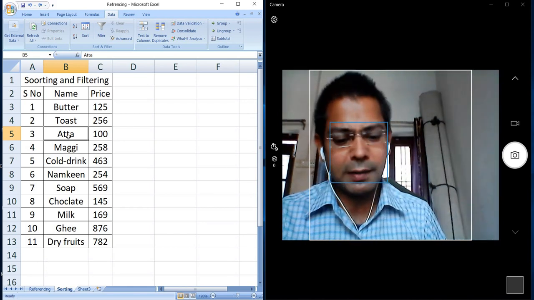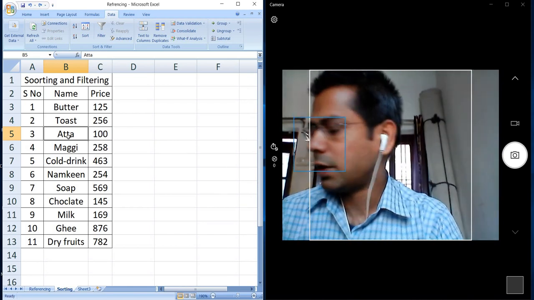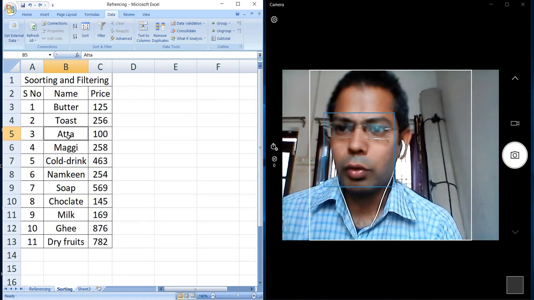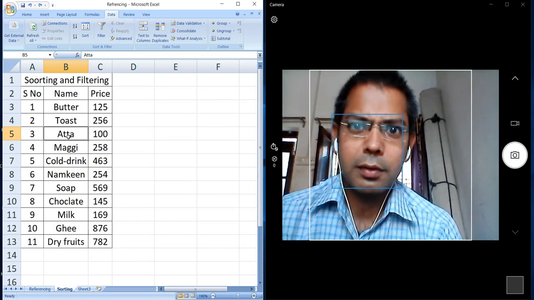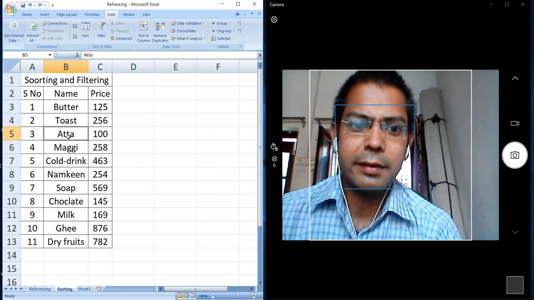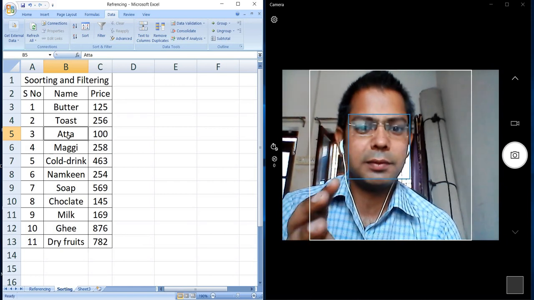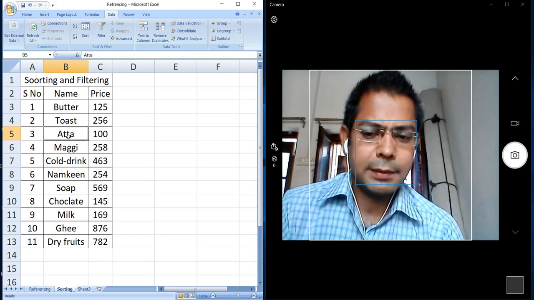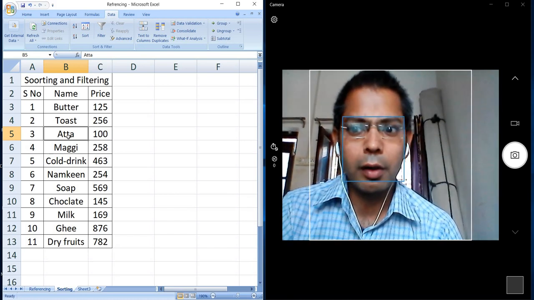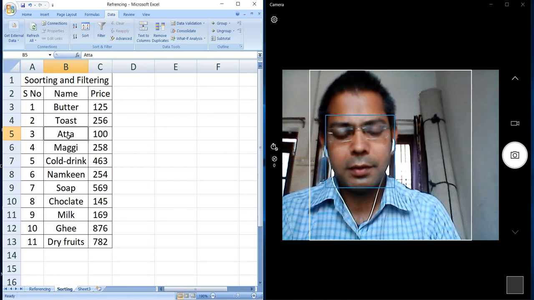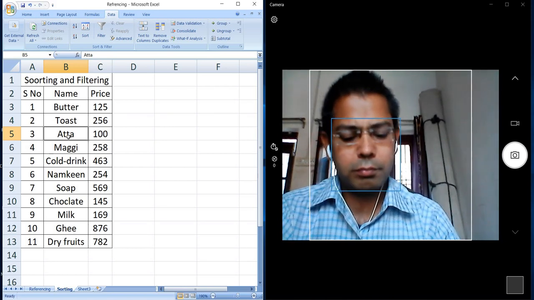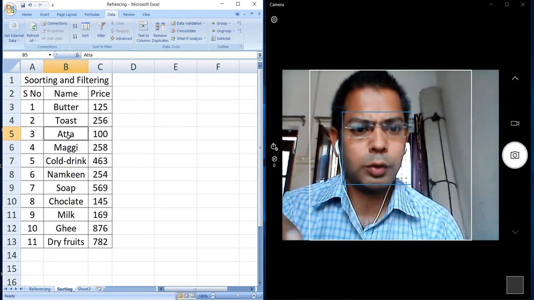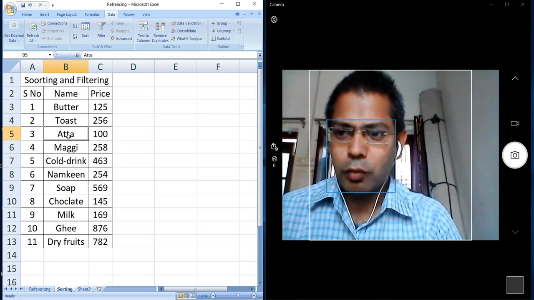The same thing is here. When you apply a filter on the data, it means you are trying to take out some records, and keep the rest of the records closed.